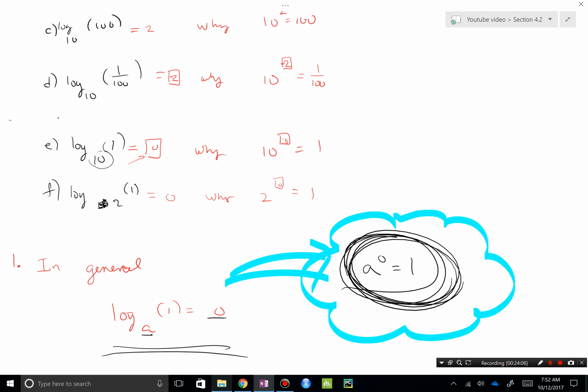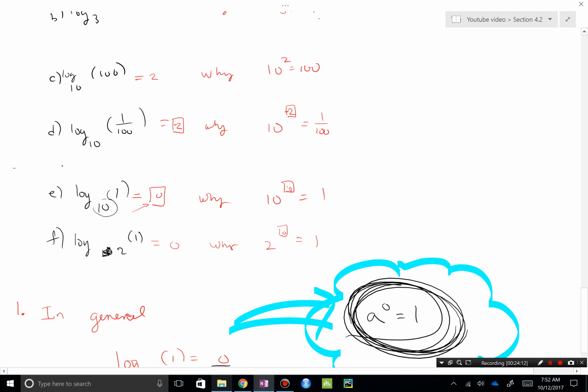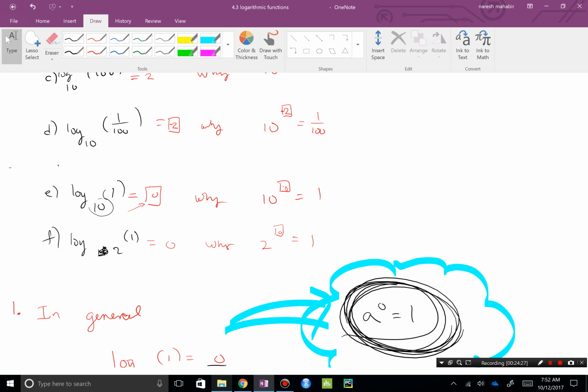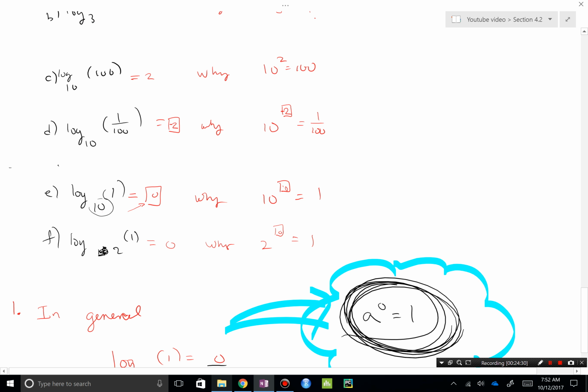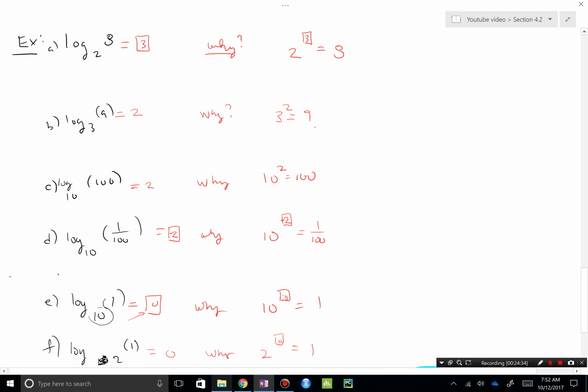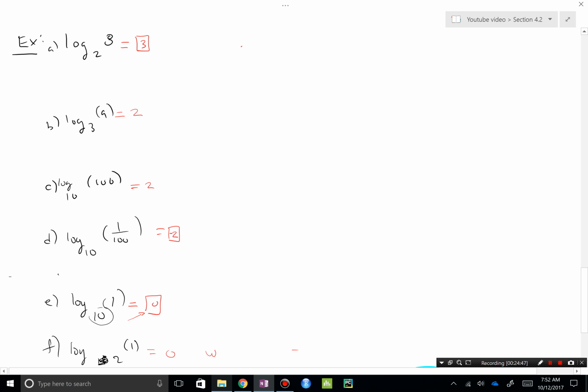Okay? So let's keep it moving. I want to go back and show you why logs undo exponentials. This goes back to why the whole pretense of this was solving exponentials, right? Solving for that exponent, breaking into that exponent. So how is any of this relevant? Well, some guy named Euler came around. I think he was a German mathematician. He was like, okay, well, look at this. Doesn't it make common sense? He was like, now that we know the reason why these are the answers, forget the reasons why. Yeah, I know, right? Erased everything. You can't see the reasons why anymore. Well, if you need to know why,